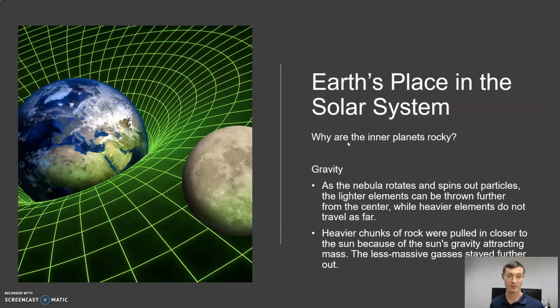So for a final factor, we have gravity. And this one is sort of related to what we touched on before with the temperature. The idea is that the really dense, heavy materials would have been left behind in the center, unable to escape. There would have been all this gravity that brought it in, and the heavy materials wouldn't have been able to escape the way that the light stuff might have been. And as a result, you have this heavier stuff, the rocky materials that make up the inner planets, staying close to the center of the solar system, and the lighter stuff which gets pushed further away.